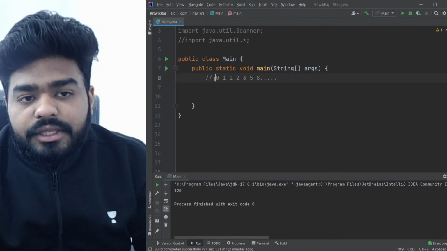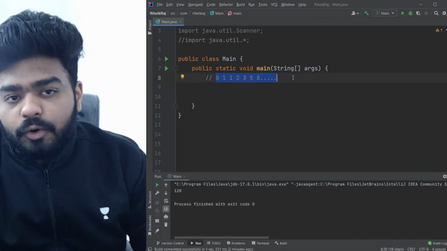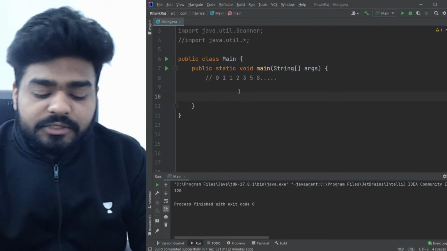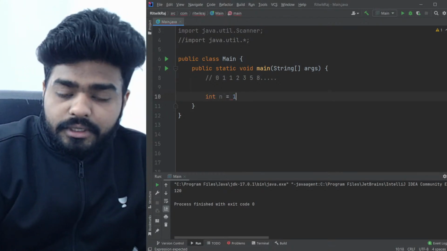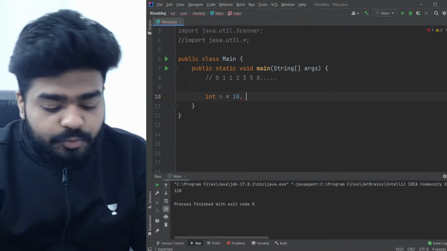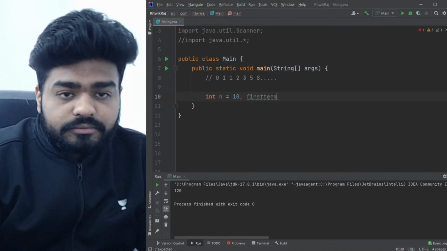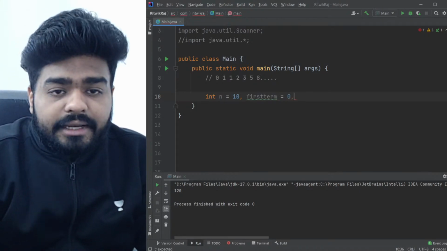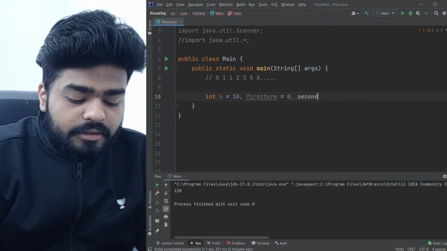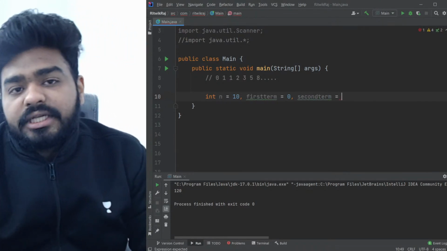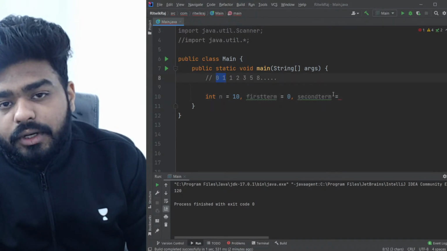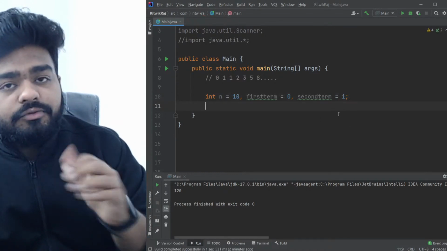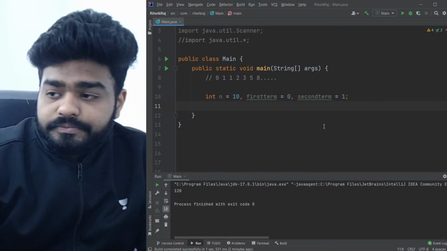It depends on how many numbers you want to print, because it will go on to infinity. So you need to mention how many numbers you want, right? First of all, that is what we'll take: int n equal to 10. We want only 10 numbers to be there. Then I'm going to take the first term, which is 0, and then our second term. I told you that in the Fibonacci series, two terms are known, 0 and 1. Then only you can start your program. So we have taken these two terms here, first term and second term. And now I'm just going to